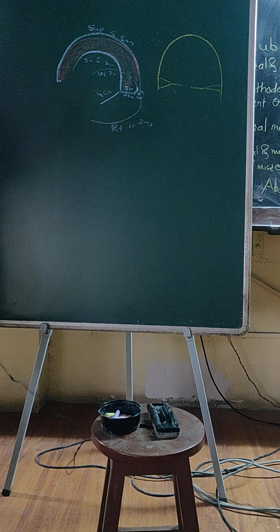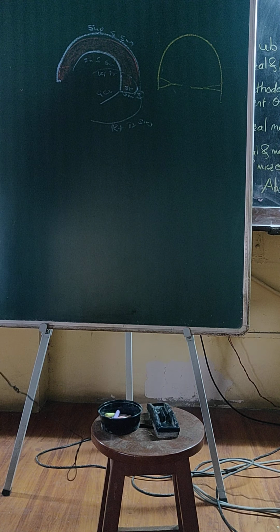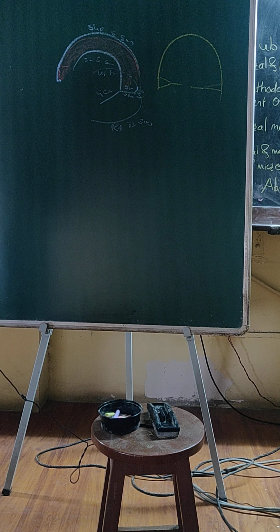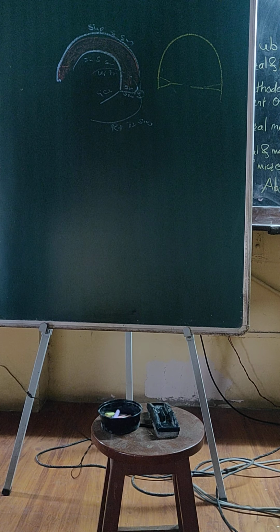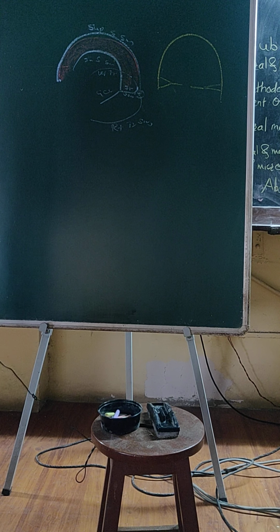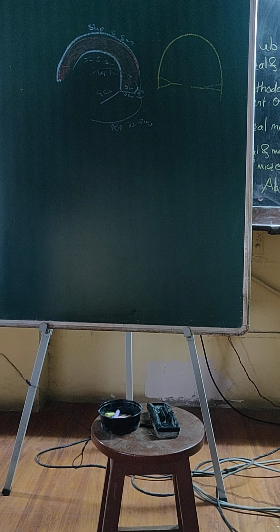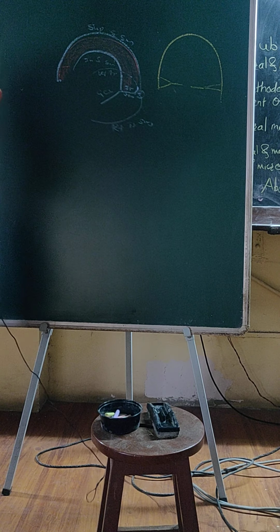Okay? So now, how many superior sagittal sinuses will there be? How many inferior? Also one? How many straight? How many transverse? So that's how we classify the sinuses, paired versus unpaired.